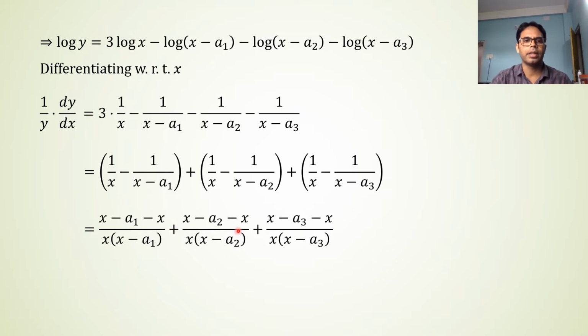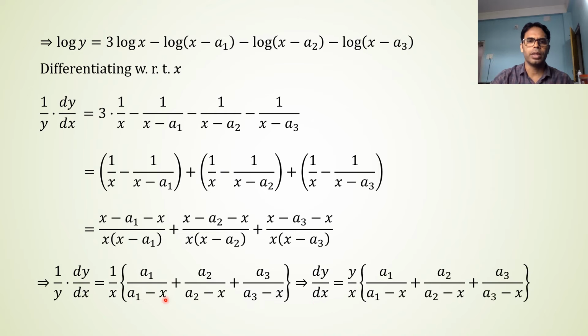And after that you take LCM in this two, then in this two, and then in this two. So very simple. I already told you how I have taken the LCM here. Then you see this negative positive x is cancelled, negative positive x is cancelled. So then you see 1 by x, this x is common here. So 1 by x is common, and this minus is already absorbed with the factor x minus a1 by writing